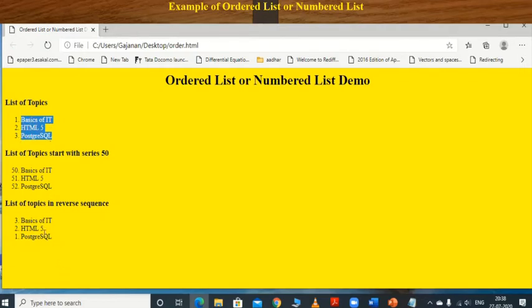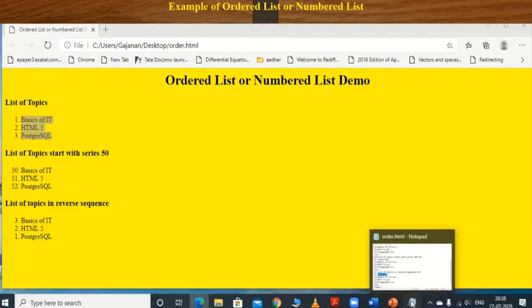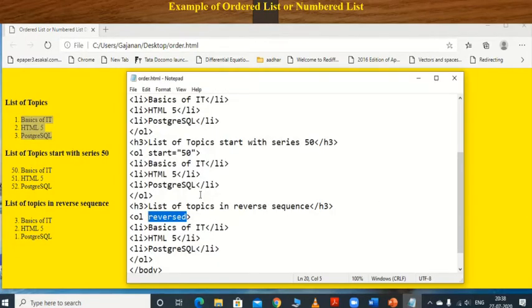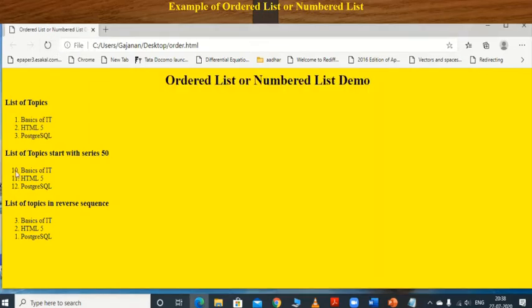So like this we print the reverse sequence based on the default value only. Clear? Suppose I want to change the start value, like writing 10. So the default changes in this code: 10, 11, 12. So these are the ordered list or number list demo.